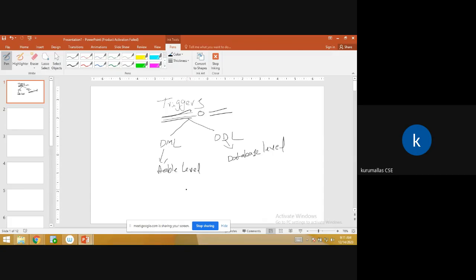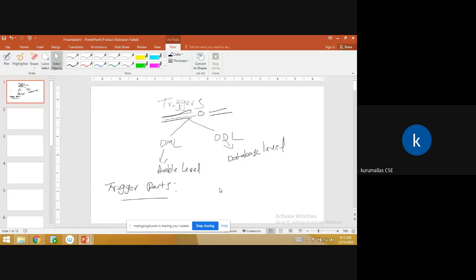Next, in triggers, how many parts are there? What parts are included inside the trigger? We have three parts.